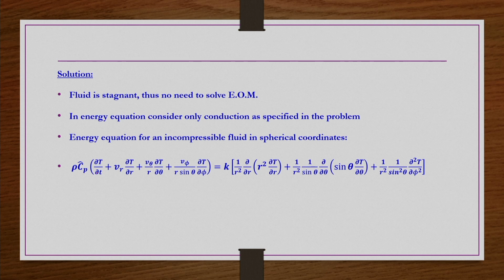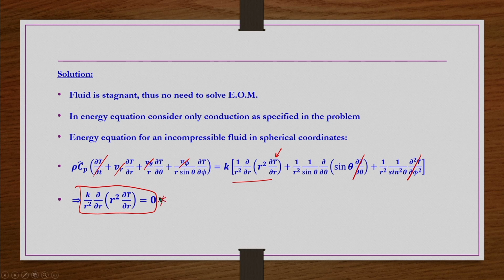So, steady state problems we are solving. So, this term is 0, the fluid is stagnant. So, then all velocity terms should be 0, right, and then conduction is taking place only in the r direction, and thus temperature is a function of r. So, then this term would be there, right. So, next, temperature is not a function of theta, it is not a function of phi also, because only conduction in the radial direction, that is what we are taking. So, what we get from here? So, this is the equation. This equation we can integrate to get the required temperature distribution, right.